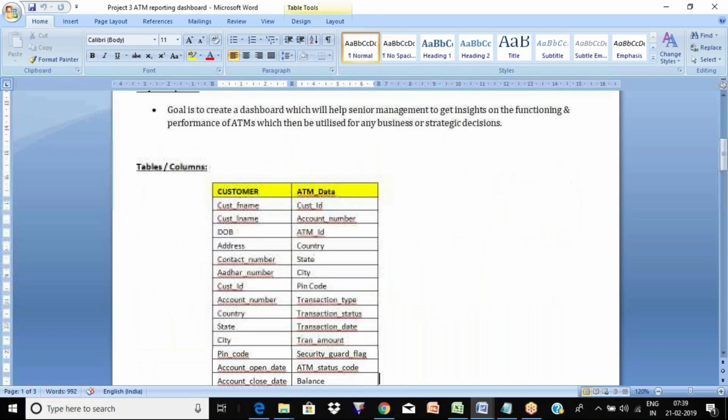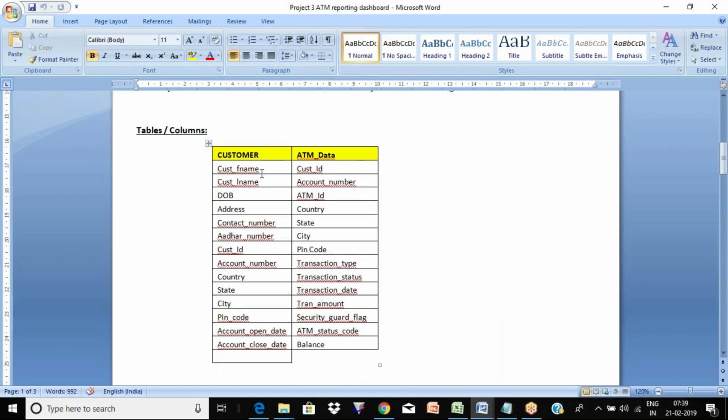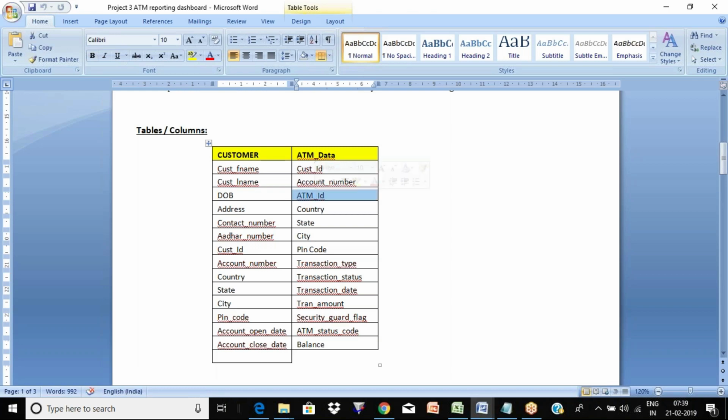What are the different tables? Let's say there is only one table here, and you have who is the customer, what is his account number, in which ATM ID, right? As I said, in which country, state, city, pin code. So these things will automatically get loaded up. So whenever you walk to any of the ATMs, they know that okay, this ATM is present in so and so country, state, and city, right? It'll go and have that data inside that table, but we won't be able to see that.